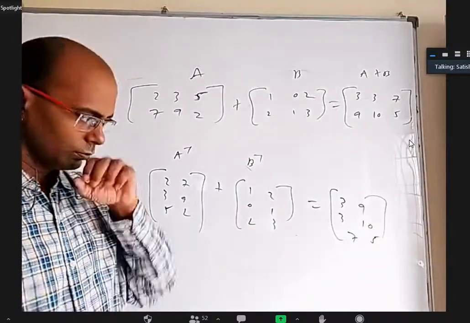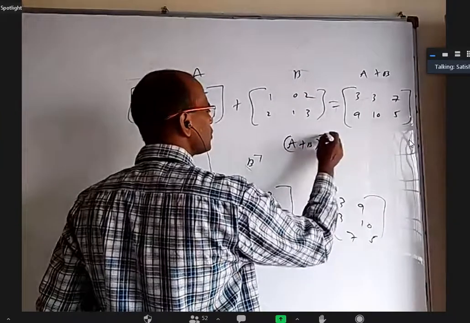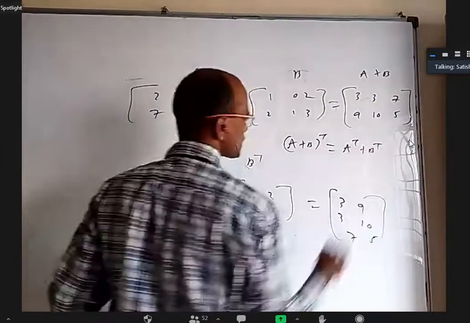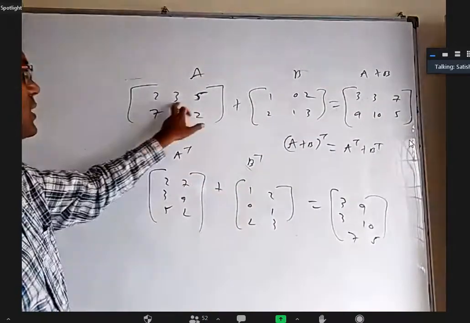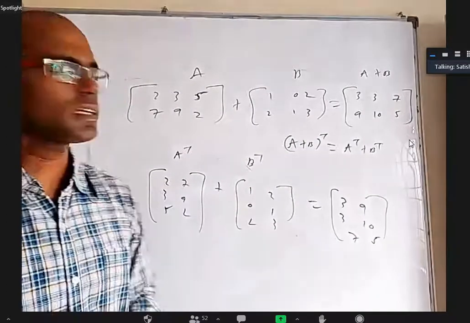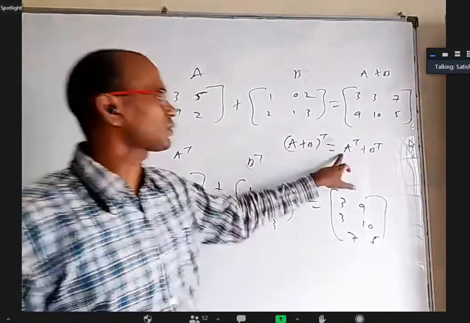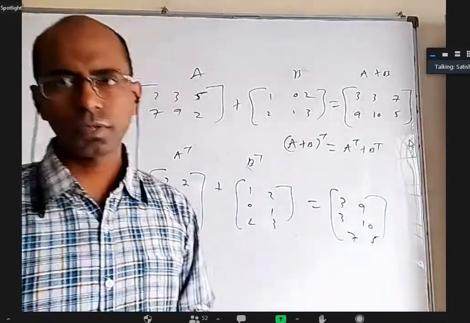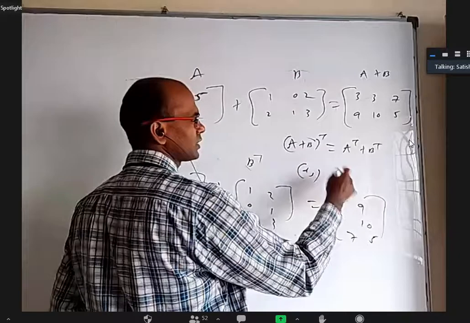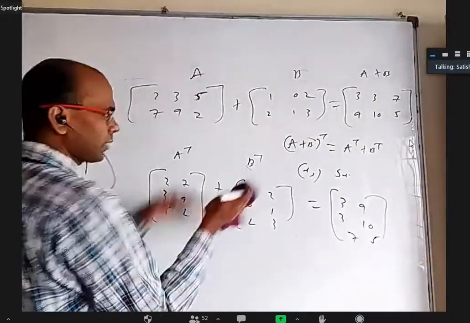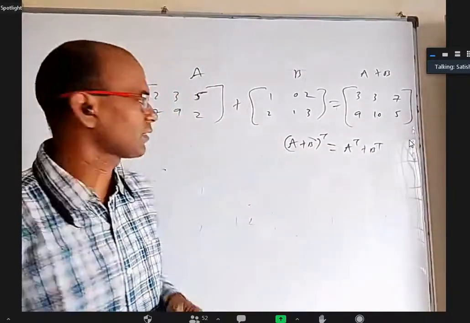I am not saying that with just this example I proved that A plus B whole transpose is A transpose plus B transpose. It's not that these numbers matter. I can give you A, B, C, D, E, F, G, H, I. I want you to get a feel that it is actually true. First you add them and then interchange rows and columns, or before adding, interchange rows and columns separately and then add them, it will be the same. I can write a proof, but you don't have to worry about the proof; I want to give an explanation.